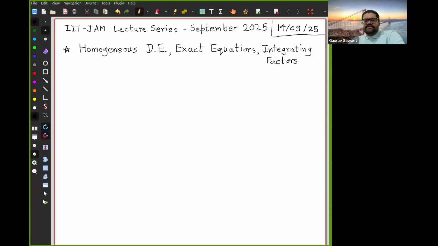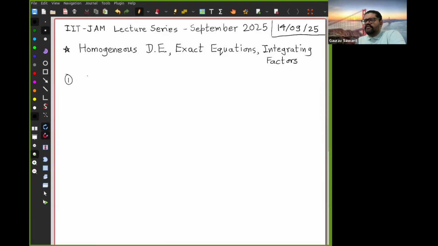In the last session, yesterday's session, we covered until orthogonal trajectories, right? We did some simple differential equations. We did separable, and we ended with orthogonal trajectories. So today we will look at these three topics: homogeneous differential equations, exact equations, and integrating factors together. And if time permits, we can do some additional topics. All right. So first thing,